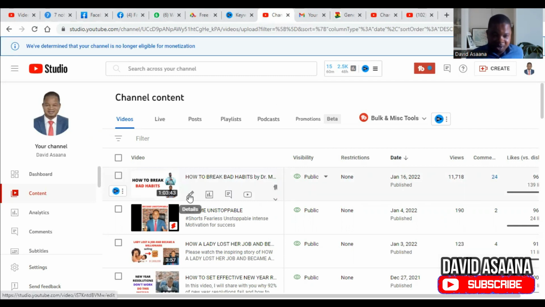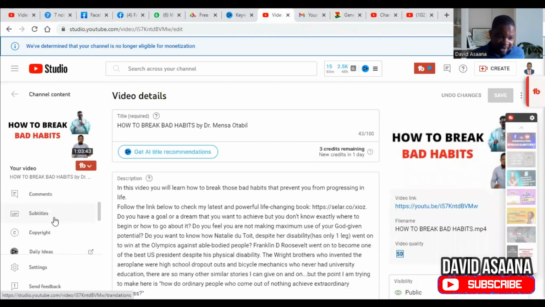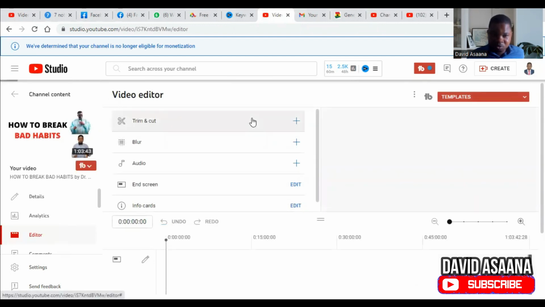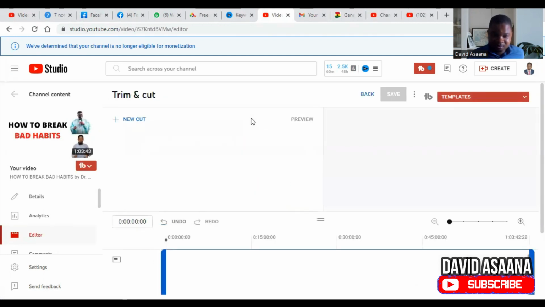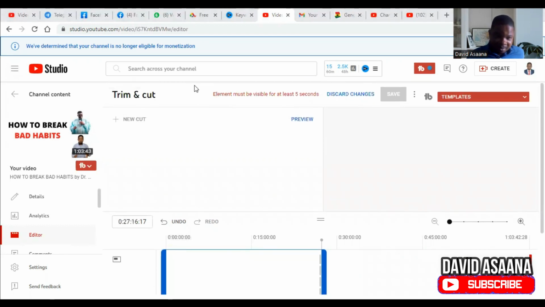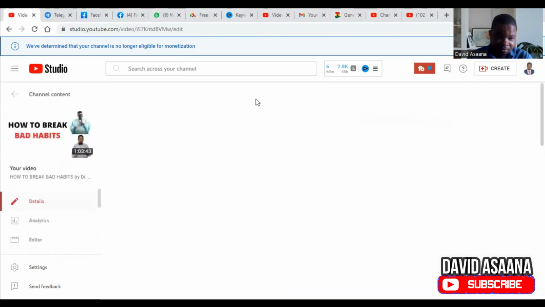Okay, so when you come, you click on the edit button of the video, then you scroll down to editor. From editor, you go to trim or cut. Now, let's say I want to trim a certain section, just like what you're seeing. You see that the problem has come. Element must be at least 5 seconds. I can't save. So when they say element must be at least 5 seconds, this is what they are saying. You come here, you click on the edit,